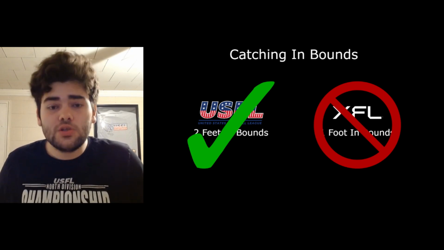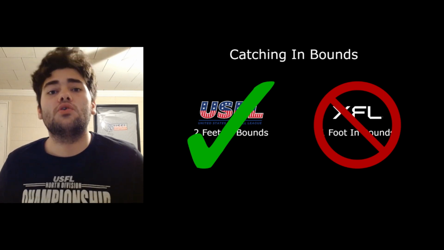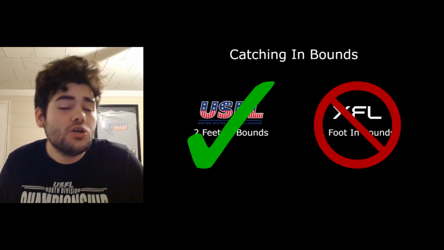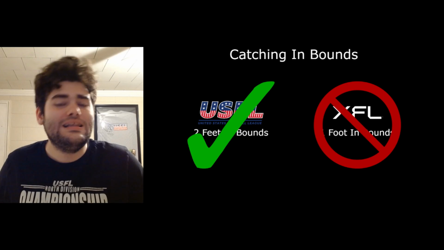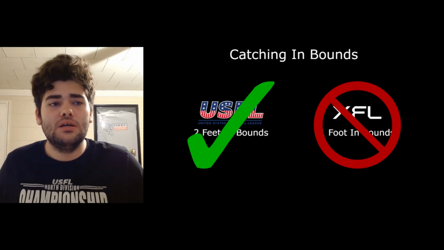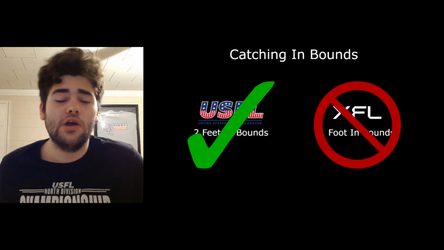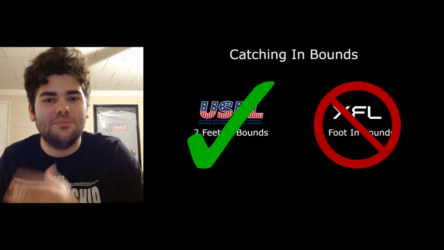You'll see truly great receivers are able to somehow drag their toes on both feet before going out of bounds, whereas a good receiver will make the catch but only get the 1 foot in bounds. That's a big difference. And all in all, having the 2 feet in bounds rule is the NFL rule. And if you're trying to get players back to the NFL, you have to have the NFL rule in place